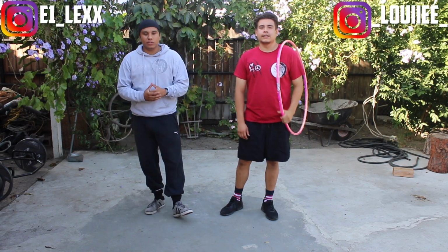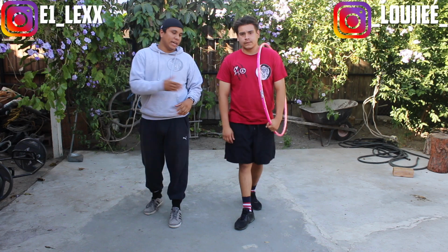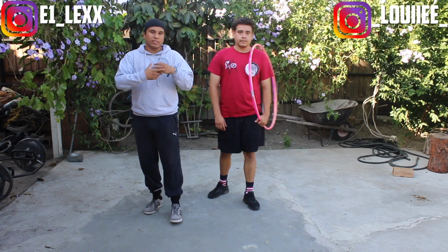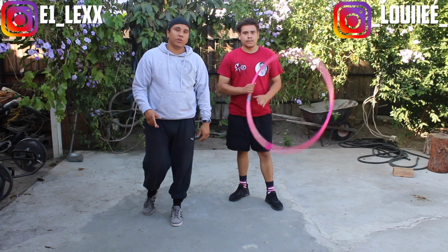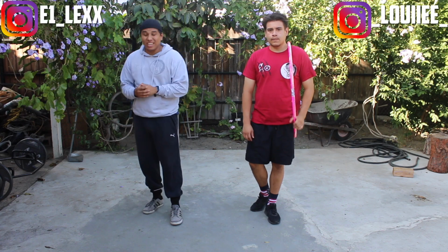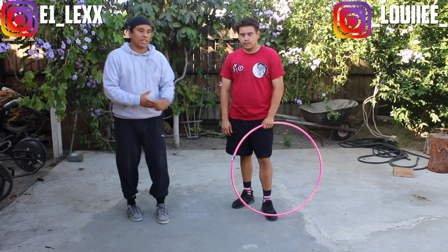You guys could actually use an old tire if you have one laying around, and all you have to do is follow the same guidelines, which is of course have your lead foot inside the tire itself, and you'll be able to move around freely around the tire as well. You could incorporate pivots, and of course work your hooks and your uppercuts. If you don't have a tire, if you're working on a concrete floor like this or a setting like this,